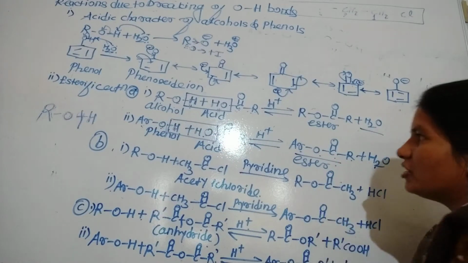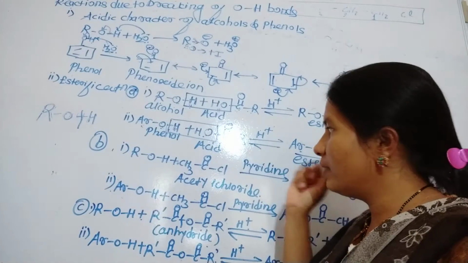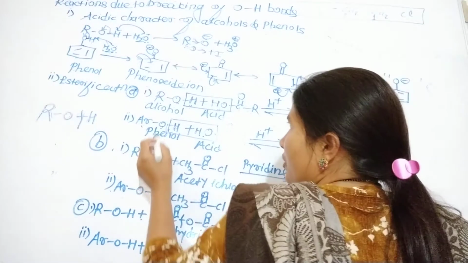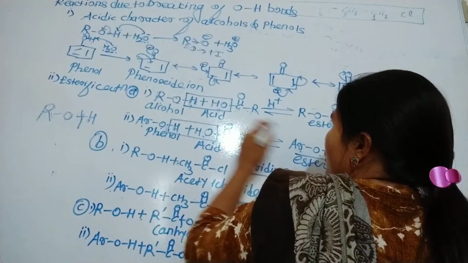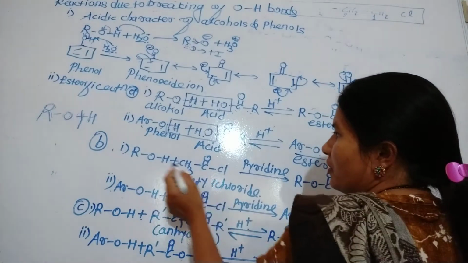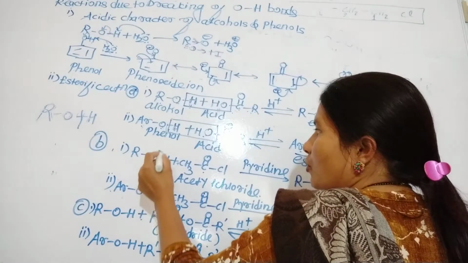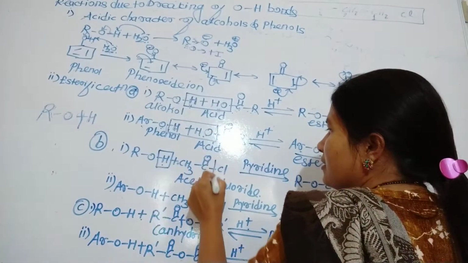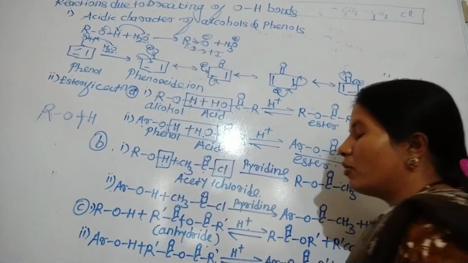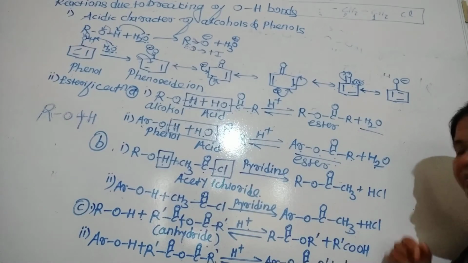That means again ester, and this reaction is also reversible and takes place in acidic media. Next, you prepare your ester from the alcohol and acid. The next step, you can prepare your ester from the alcohol and acetyl chloride. What happened? The OH bond from the alcohol gets broken, and this Cl from the acetyl chloride can combine together, and the byproduct formed is HCl.